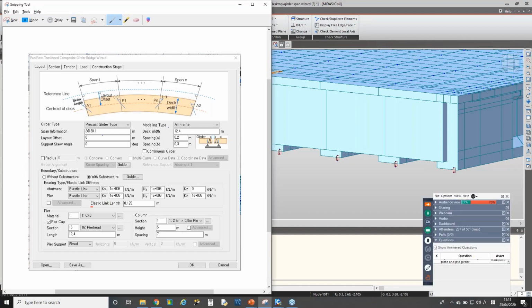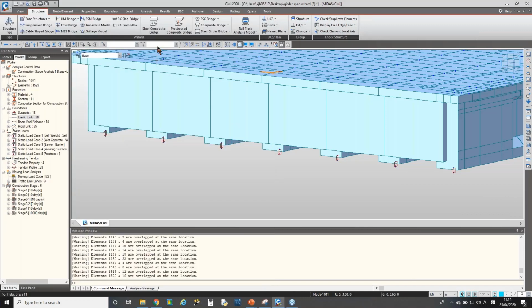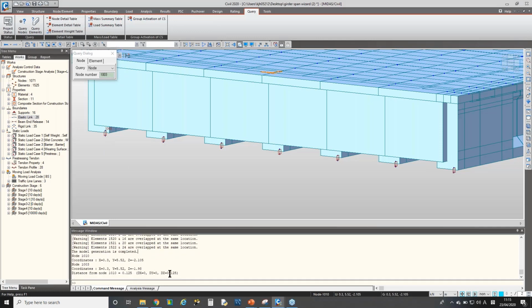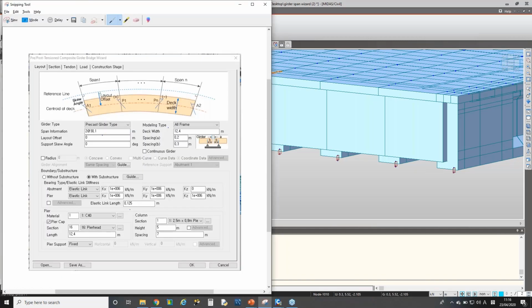And also we have elastic link length, which is representing the height of the bearing. It is 0.125 meters. I can measure this in the same way using coordinates. I frequently use this shortcut key, which is the F4 key on the keyboard. Anyway, I'll measure this, and this is showing 0.125 meters. Okay,